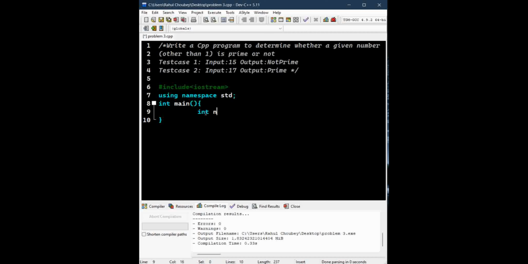So let us code. For this, I am initializing one variable by name int n, and then I am printing one statement on the console for the user: Enter the number, and then cin n. Right now, I am initializing one more variable of Boolean data type, isPrime. Initially I am storing true in it, and then I will make one for loop which will start with int i equals 2 and goes up till n by 2 for reducing the time complexity,